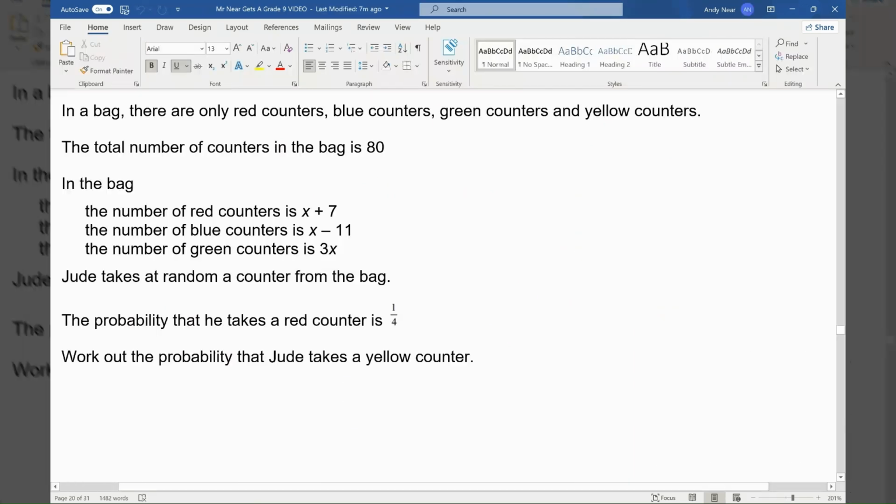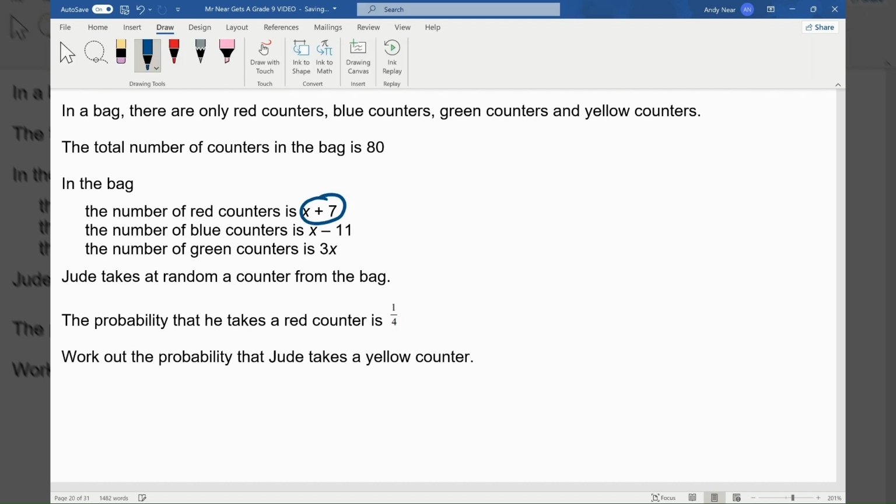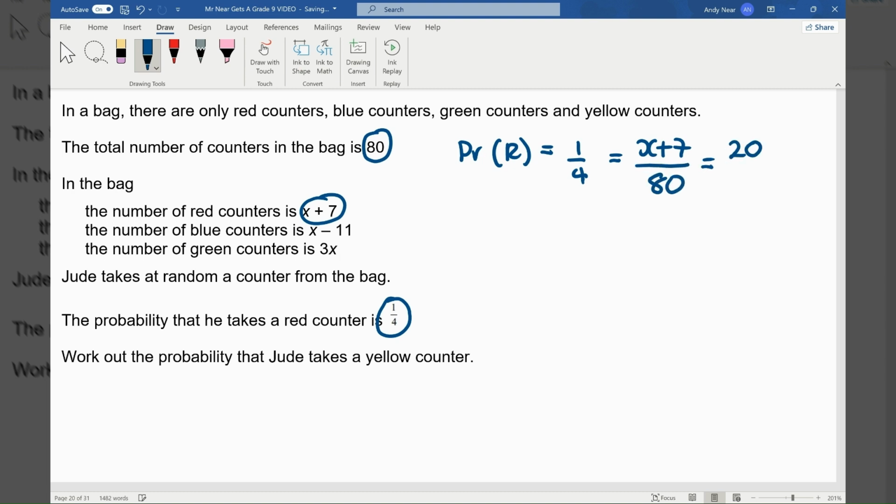So a probability question. It's from a little bit earlier in the paper, so it might not be quite grade 9. In a bag, there are only red, blue, green, and yellow counters. The total number of counters in the bag is 80, and the number of red counters is x plus 7. We're told the probability of red is a quarter. So the probability that we pick a red one is a quarter, but a quarter must be equal to the number of red counters out of 80, and a quarter is equal to 20 out of 80,